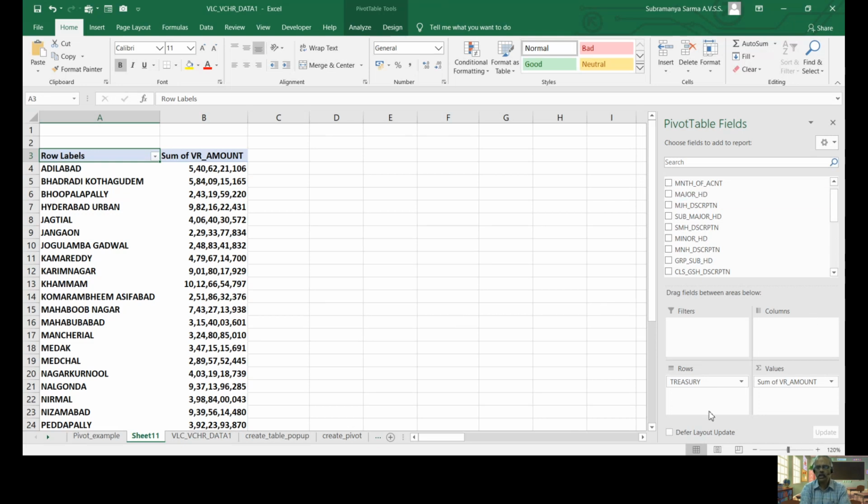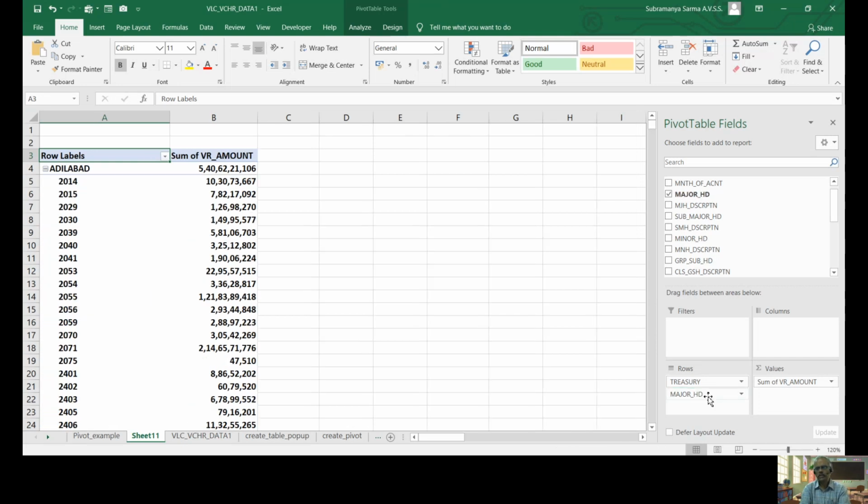That means under each treasury, suppose I put this major head in the rows itself, then first it will generate the treasury-wise total, and it is like a grouping. In the treasury, major heads will be grouped. I think we all know what grouping is. Now see, earlier these totals appeared as columns.